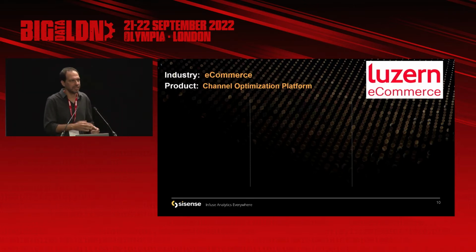So their customers are Nestle and Philips and Fossil and JDE Coffee. These are the brands that are using Lucerne. They're selling online across any channel and any geography that we can think of, and they need a way to optimize pricing, inventory management and margin across all of these channels, whether it's a marketplace like Amazon and eBay, or the brand side. Some of the brands are also selling direct, like Nespresso, or through social selling,